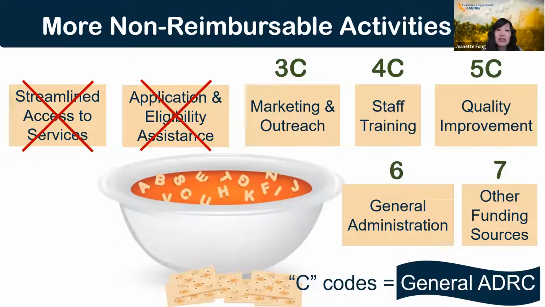And then finally, there's code 7. Code 7 is a little bit tricky, and for this one, you may need to have your supervisor help you out. Basically, code 7 is used for activities that are already reimbursed on a fee-for-service basis by another funding source directly. So code 7 is really used to make sure we aren't double dipping and trying to get reimbursement for activities that we've already gotten paid for directly.